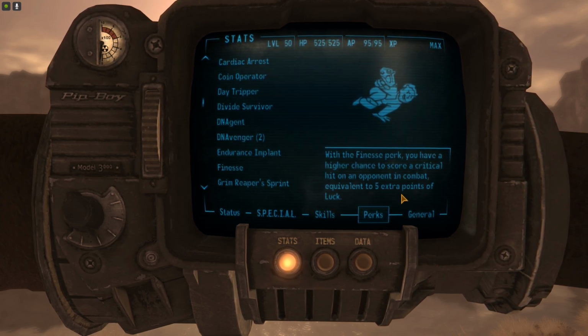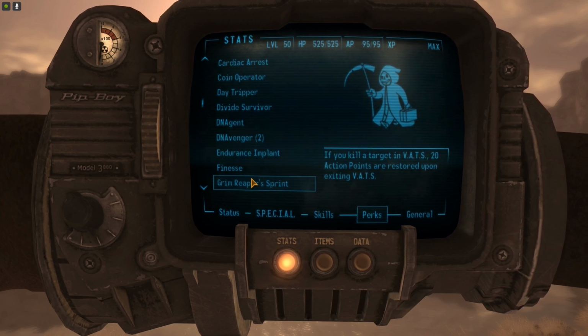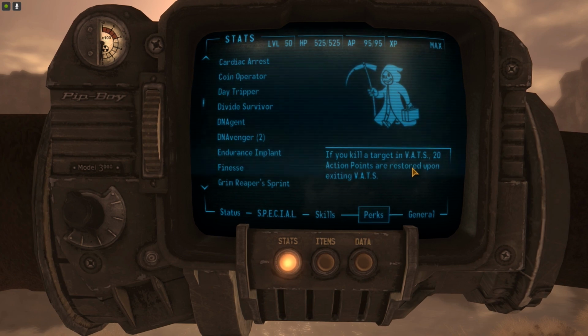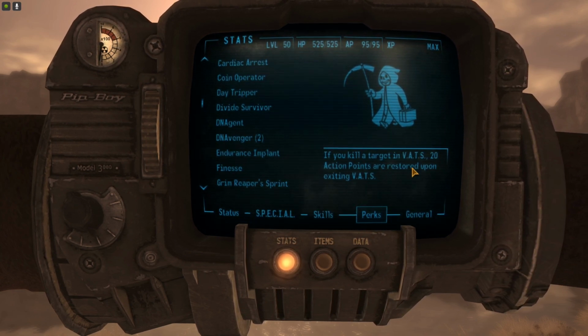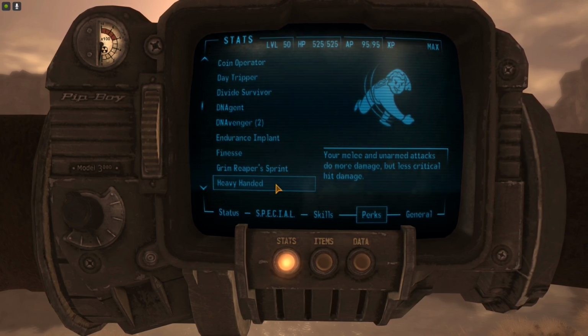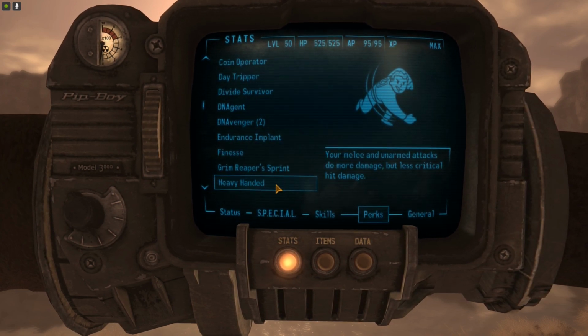if I'm utilizing a weapon with a high crit multiplier. I've also got Grim Reaper's Sprint, so if we kill something in VATS, we might be able to kill a lot of things in VATS. We can get some of that AP back, and then in turn use that AP to kill something else. Rinse and repeat. You can have Heavy-Handed if you feel like it, but